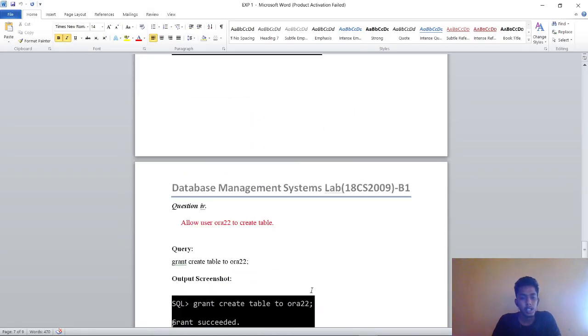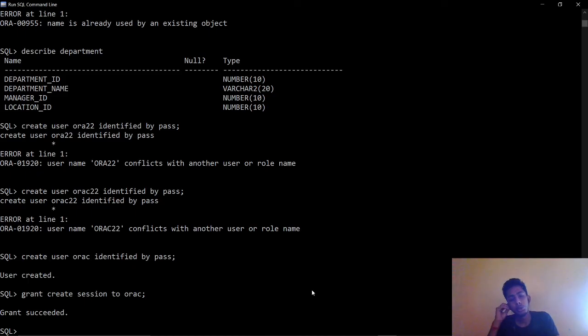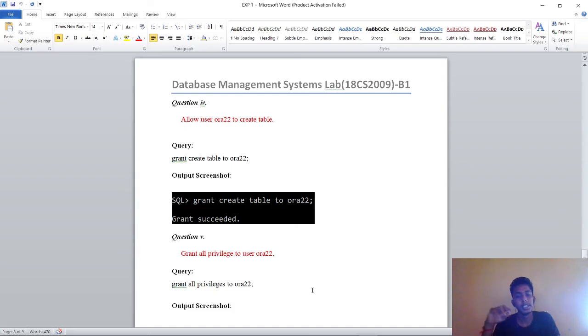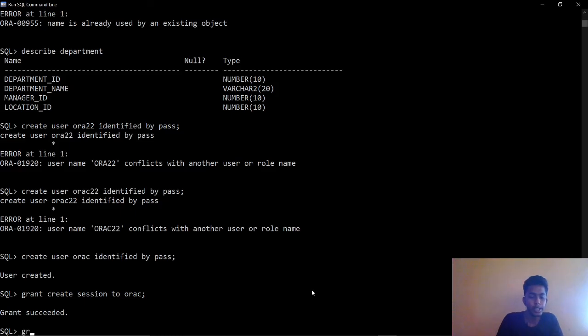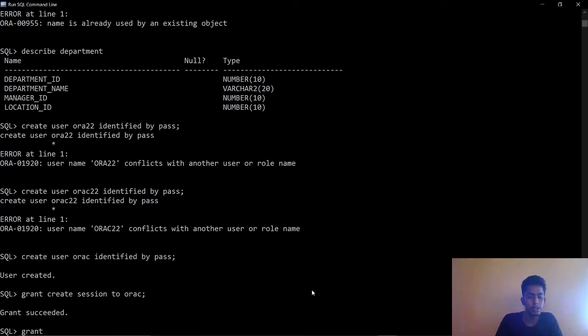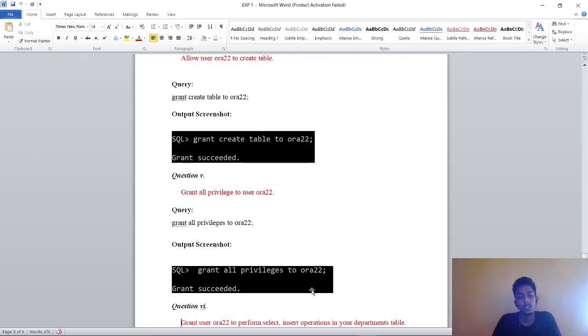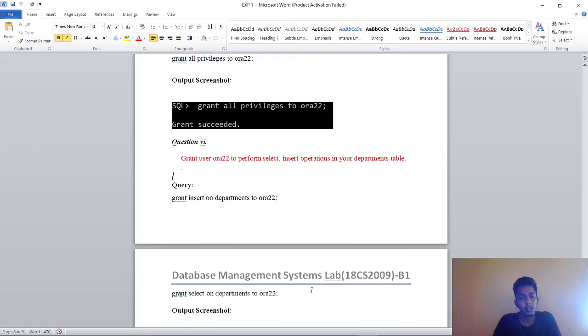Next we grant the user org the ability to create a table, so this user can create any table in this database. Grant create table to org. Grant succeeded.